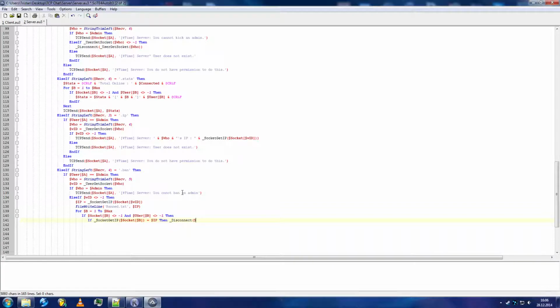So it will run the disconnect function for B, which is the IP that we want to have banned,